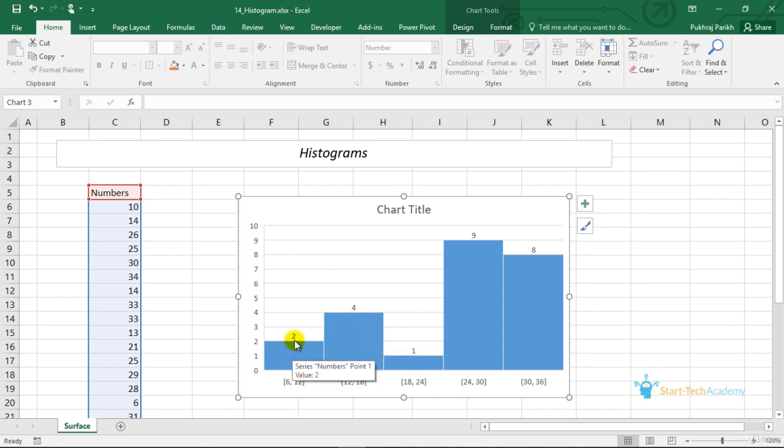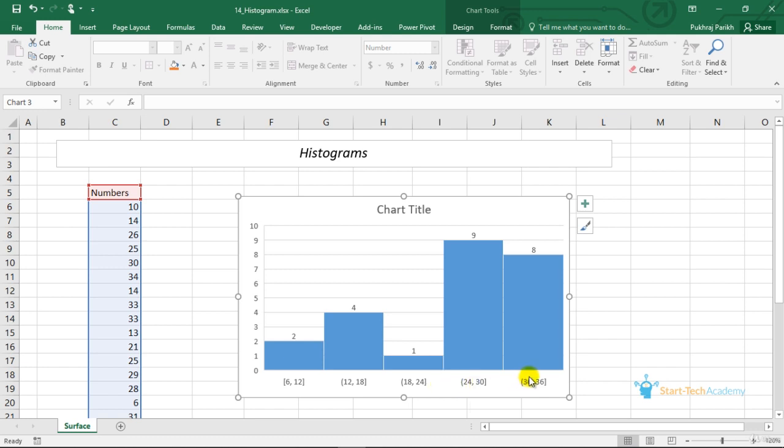in each class. One small but important thing to note here is that Excel is using these curved and square brackets to indicate which number is included and which is not. For example, in this 24 to 30, the number 24 will not be included in this bar, therefore it has a curved bracket, but 30 will be included in this bar, therefore it is a square bracket.